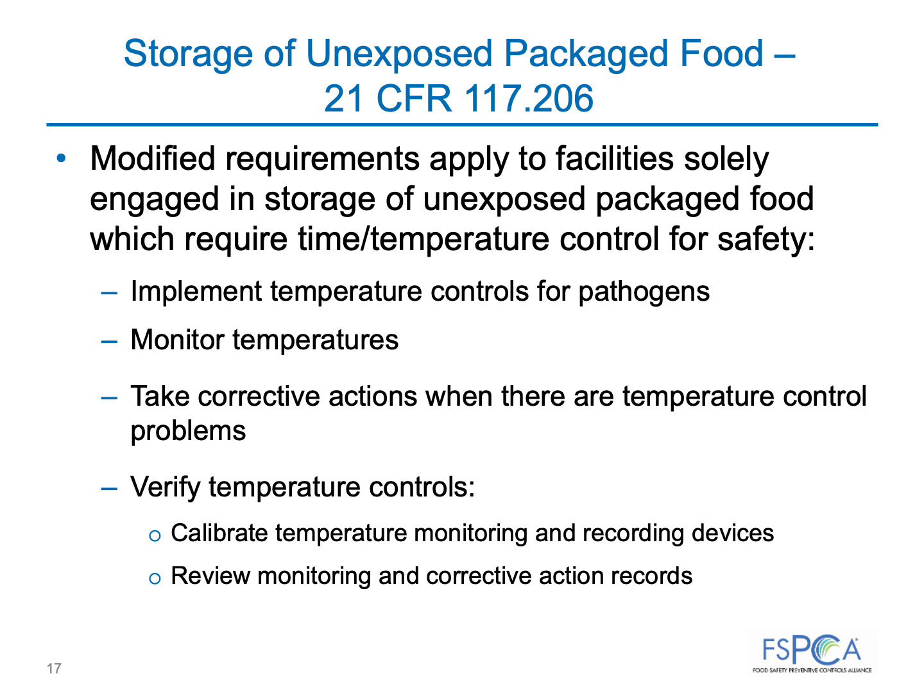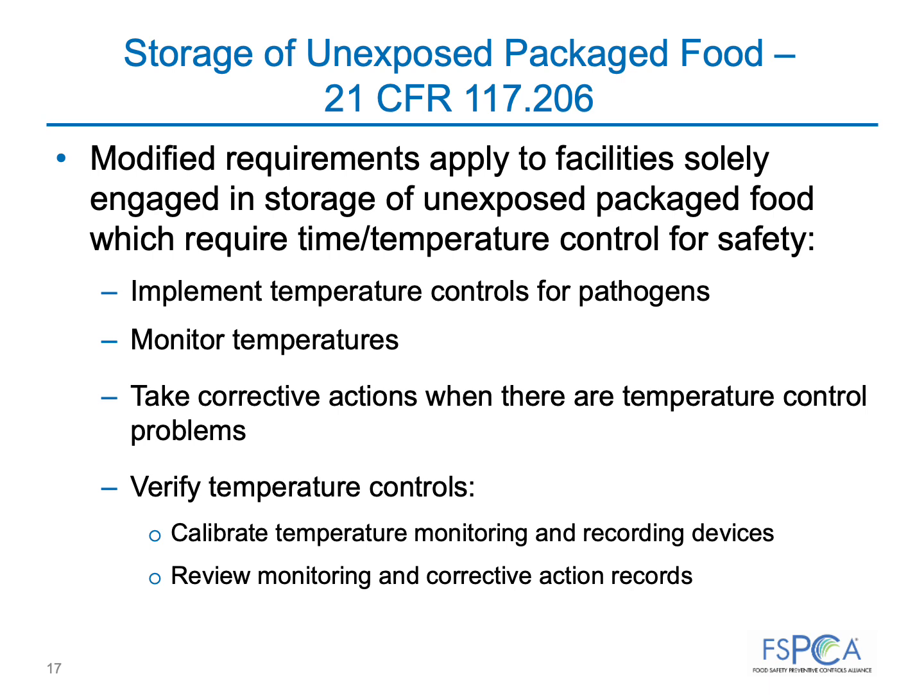In Section 117.206(a)(4), there is a requirement to verify that temperature controls are consistently implemented by: one, calibrating temperature monitoring and recording devices, or checking them for accuracy; two, reviewing records of calibration within a reasonable time after the records are created;